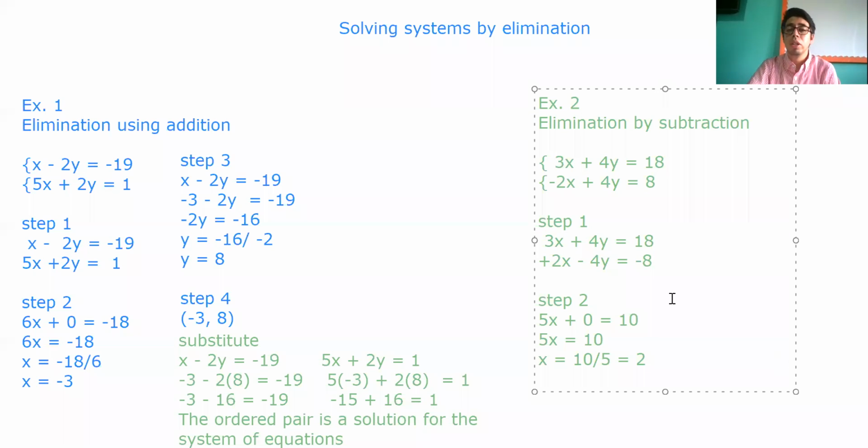Okay, up to this part, the important thing is that you understand that I need to eliminate one variable because I only want to work with one of them. Once I obtain the value for the first variable, in this case for x, you can obtain y first if you want. Then I'm going to use this value to replace it into one of the original equations, this one or this one, the value of x,